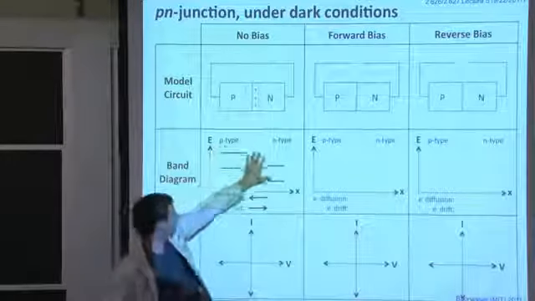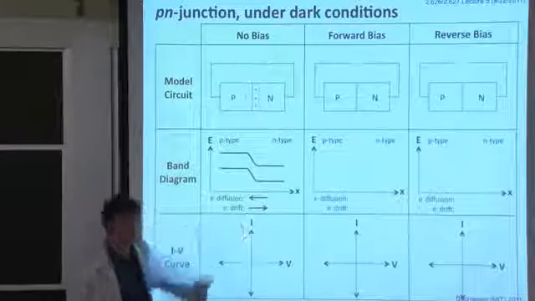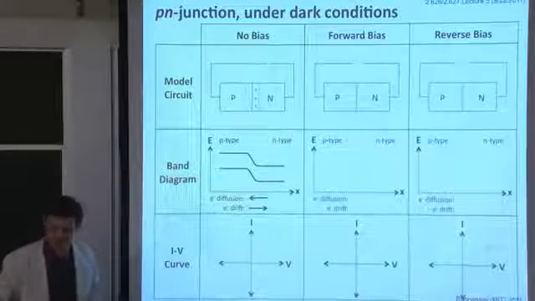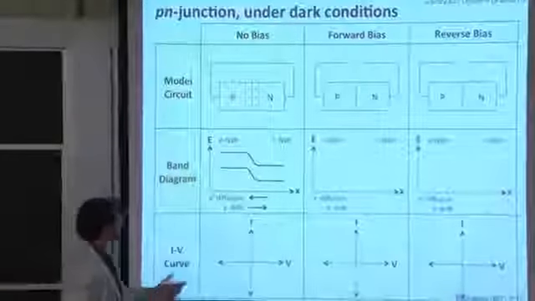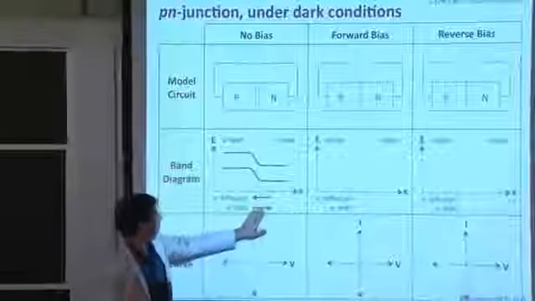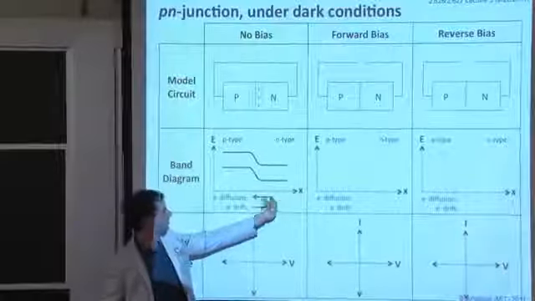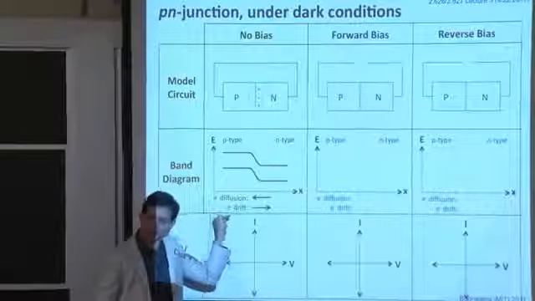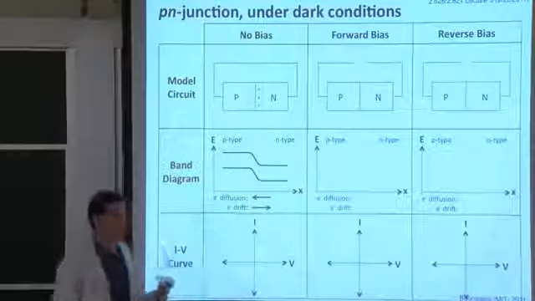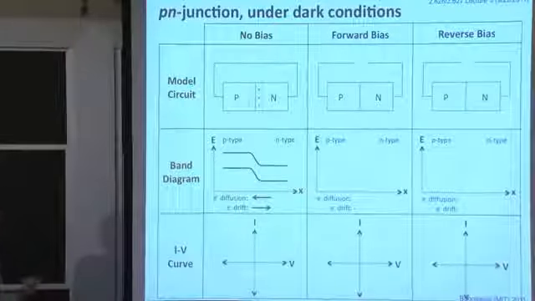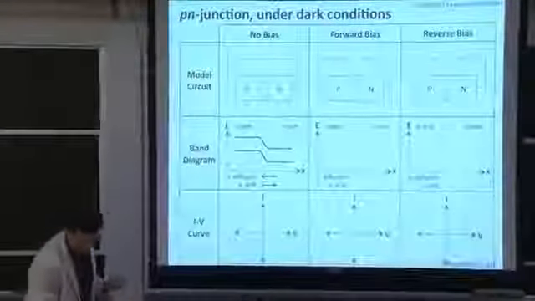Note that the net current flow inside of the device, in the absence of an external excitation like light or a battery pack over here, an external bias voltage source, is zero, because electron diffusion is pointed in that direction and electron drift is pointed in that direction. Okay? All right, good. So now that we've done